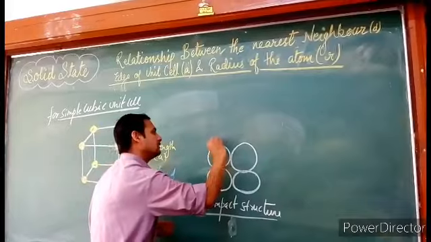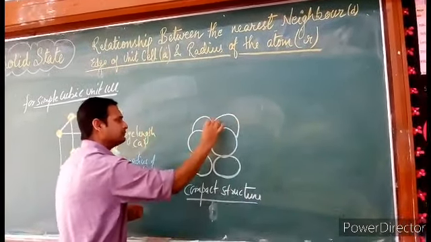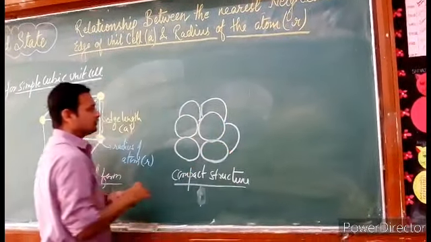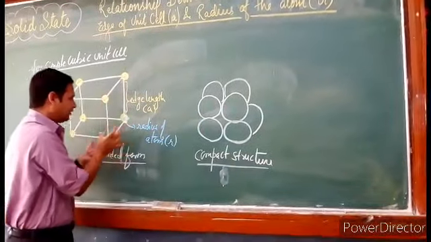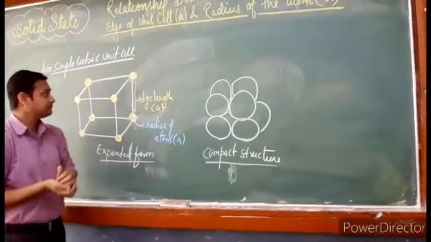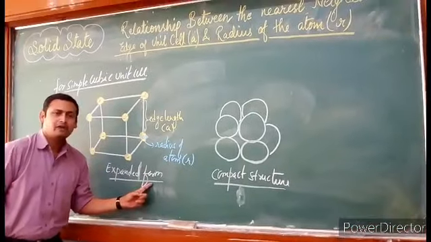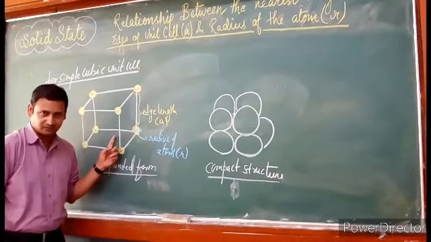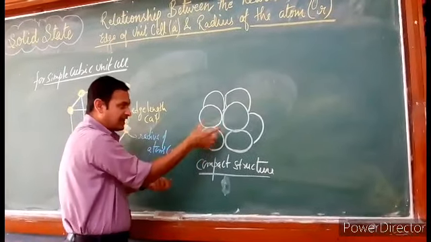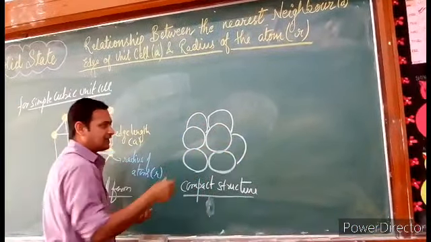There will be some more atoms. So this is the 3D structure of this actual structure, compact structure. Got the point? In simple cubic, for simplification, we are drawing this expanded form, but this is not the actual structure. Actual structure is this. The atoms are compactly packed. ये इससे जुड़ा है, ये इससे जुड़ा है, ये आपस में जुड़े हैं. This one is attached, this one attached, and these are attached to each other.